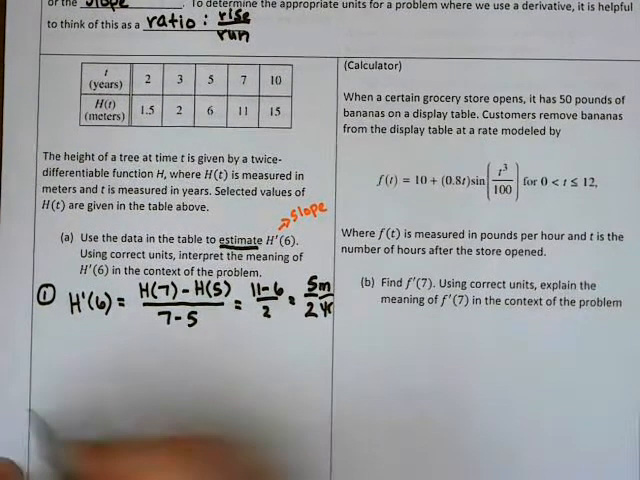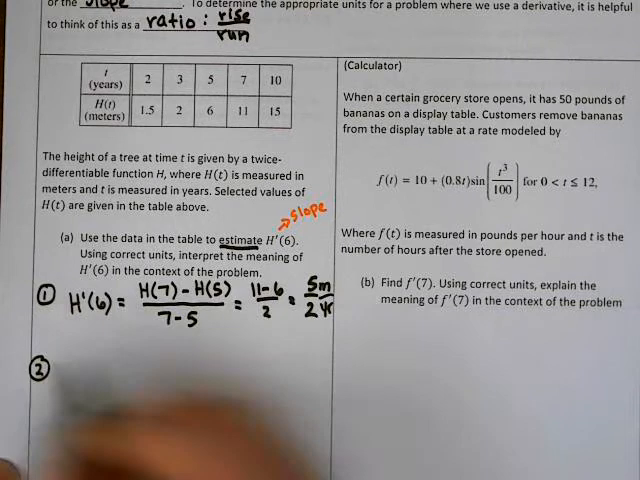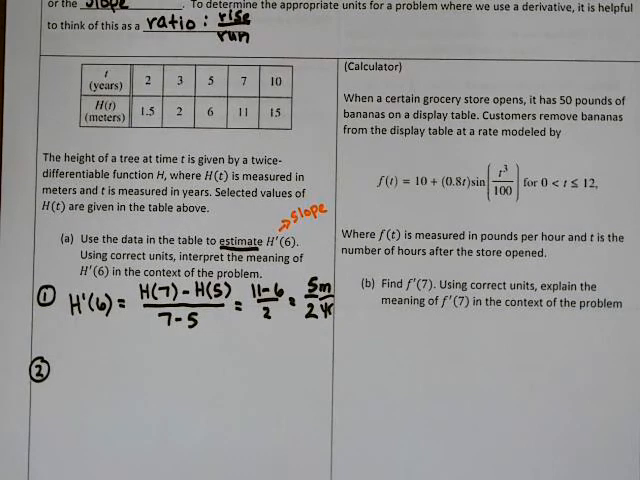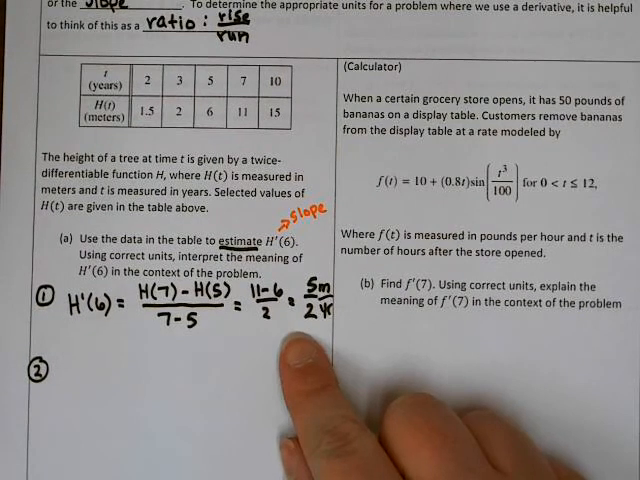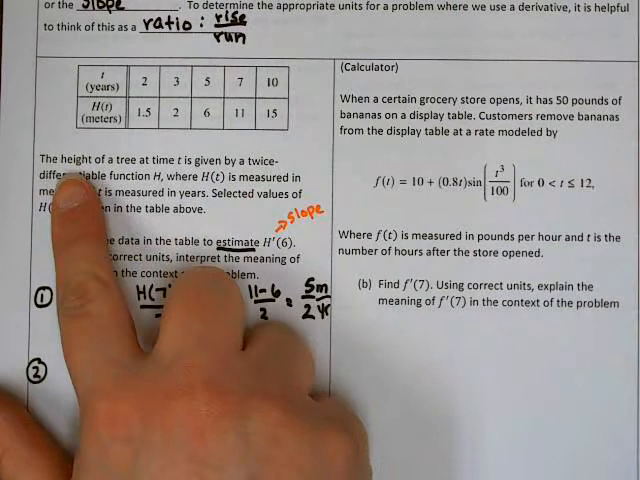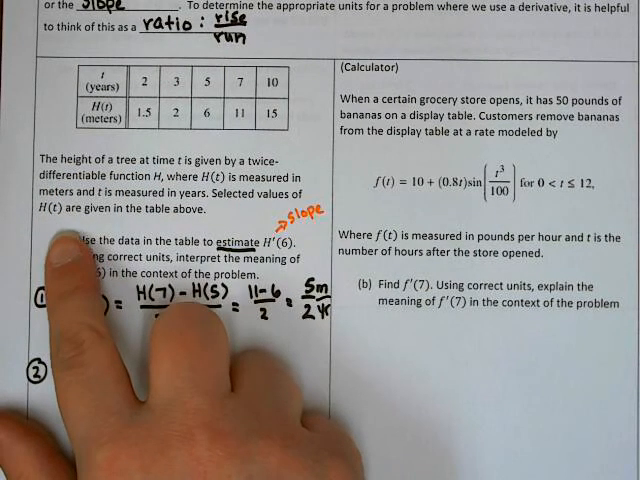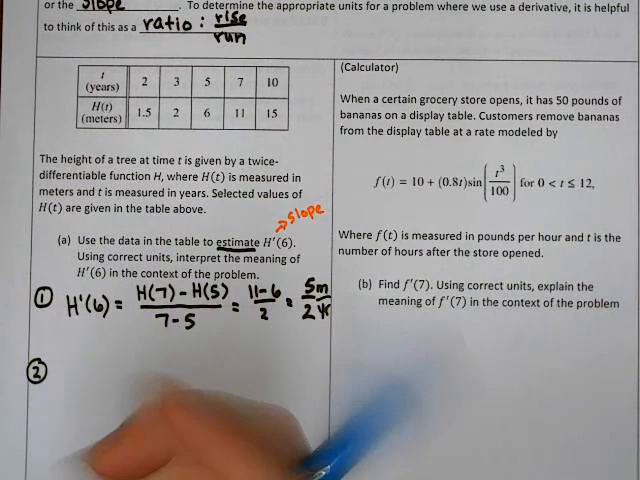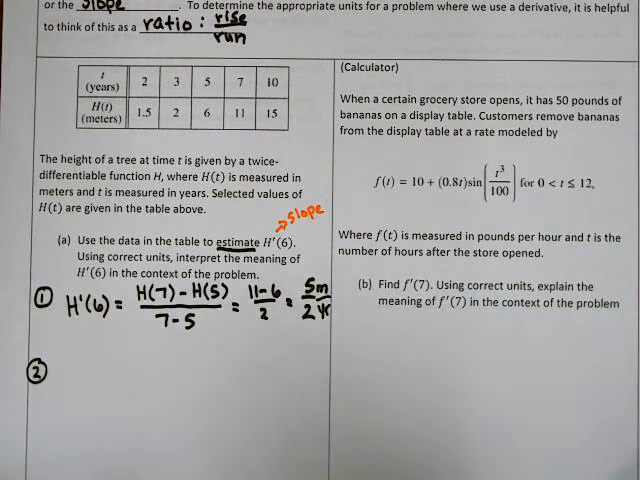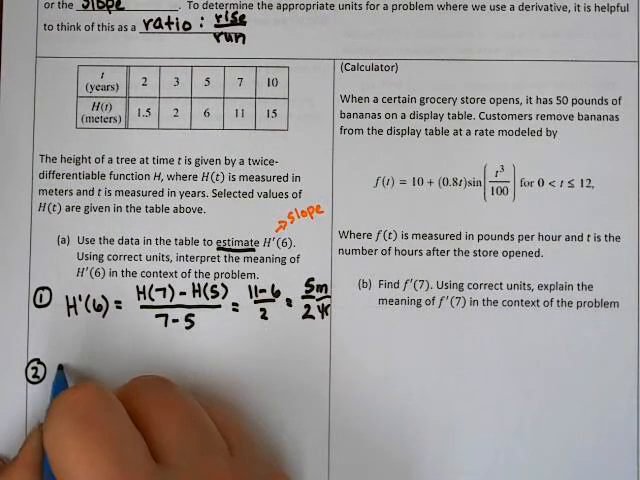All right, now the second part of this is actually the explanation, and this is really the more important part that we need to worry about right now. So we need to figure out what this is that we actually just measured. Well, we were given the height of the tree at time t, and then we had to find the slope. So what we found was the height of the tree